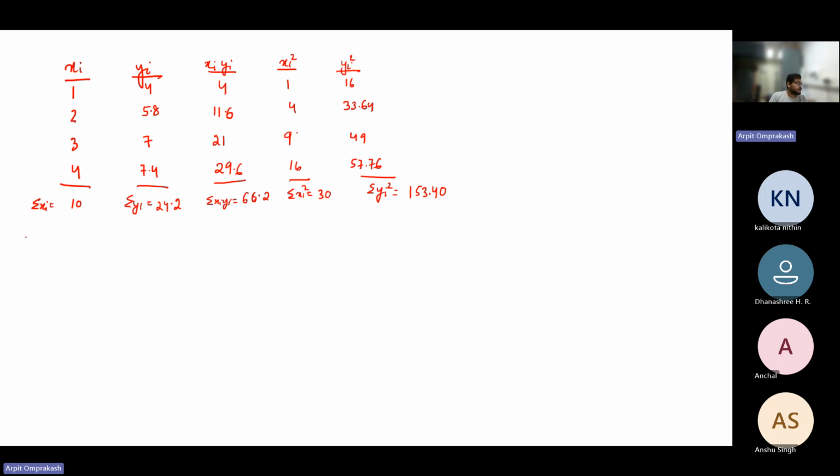So the correlation coefficient R is equal to n into summation xi yi minus summation xi summation yi, divided by summation xi square minus n summation